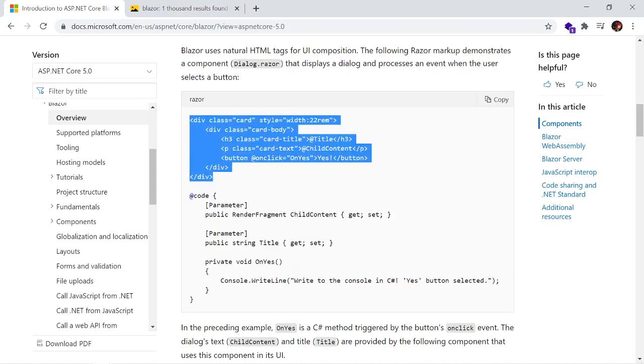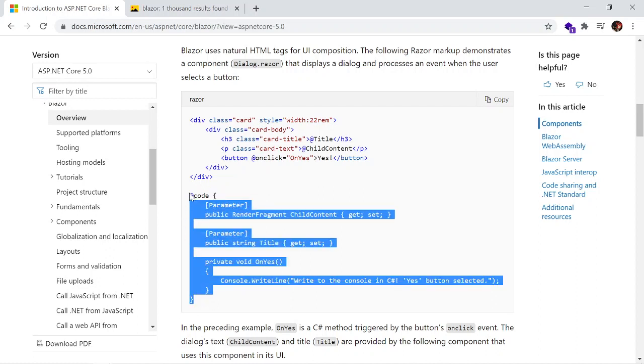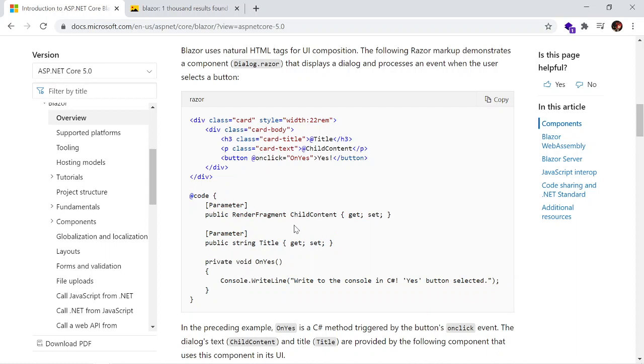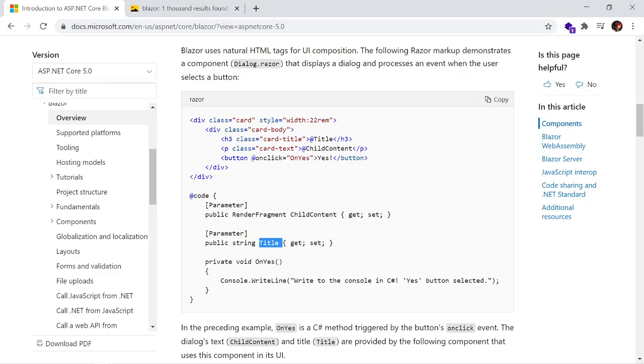This is the HTML section, and there is C# code that replaces the JavaScript functionality. There is a render fragment, child content, and string title that can be passed in here, the title and child content.